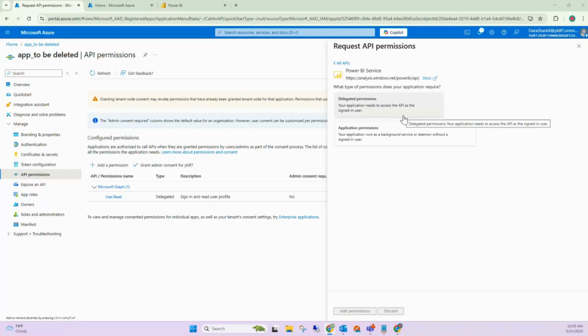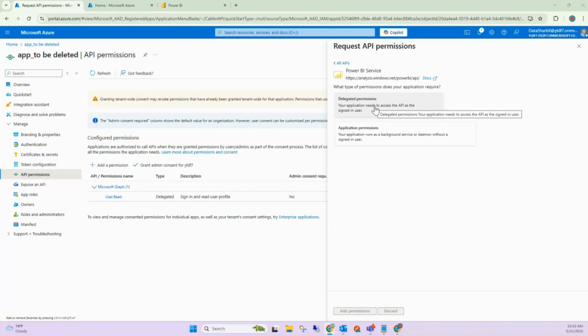Or the other way is, imagine I'm doing some automation with the app. The app has the necessary access on, let's say, a Power BI workspace. Then only it would be able to get that list. In yesterday's example, in an organization, there can be multiple SharePoint sites. Now, in case of a delegated permission,